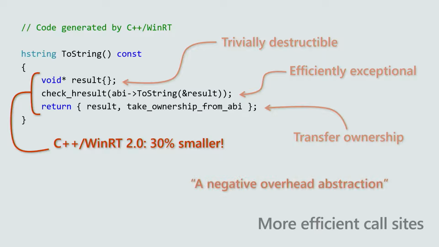And I like to call this a negative overhead abstraction, to borrow a term from Gor Nishanov of coroutine fame, because really now we're doing better than what you'd want to do yourself. If you saw code like this in a code review, you'd question it for sure, because now you're dealing with raw pointers, it's unsafe, it's dangerous. But because we're generating the code for you behind the scenes, your code remains modern C++, it remains reliable and robust, while the code under the hood gets more and more efficient.